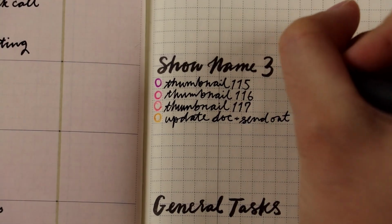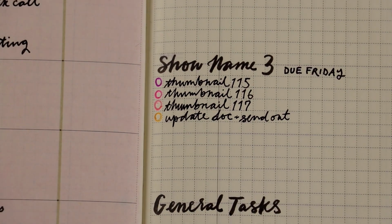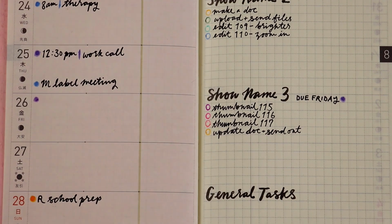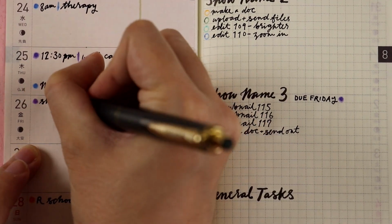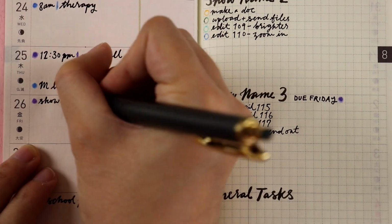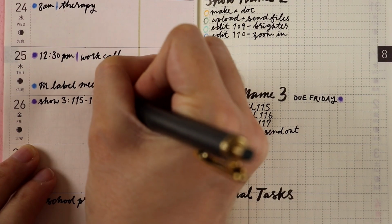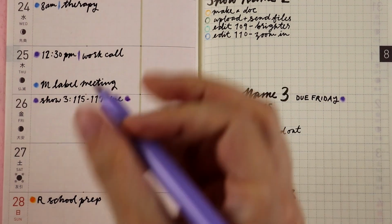If either a specific task or the whole project is due on a specific day, I write the due date over on the right side of the page, and then I will also write it on the left side on the day if it happens to be due this week. I don't usually carry over the due dates for the following weeks until I set those weeks up on Monday morning, but this way I can at least visually see that there is something I need to prioritize because it